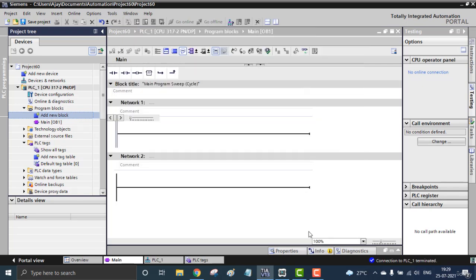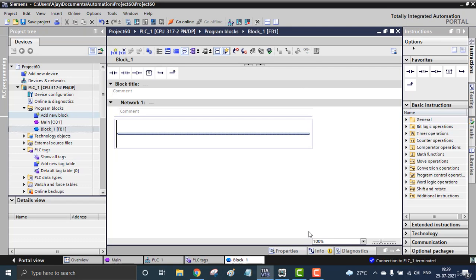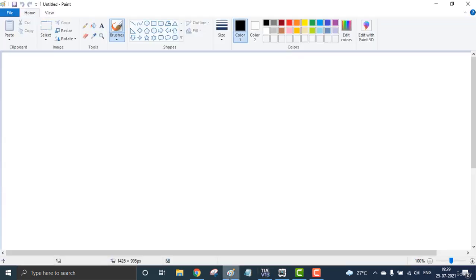Simply, I'm going to create one DOL starter. Now I am in user-defined function block 1, or FB1, and I want to create a simple direct online starter, which is called a DOL starter. For a DOL starter we have two inputs, so let me make it clear for you. If you know about the DOL starter, you can skip this section, not the entire session, just this section.